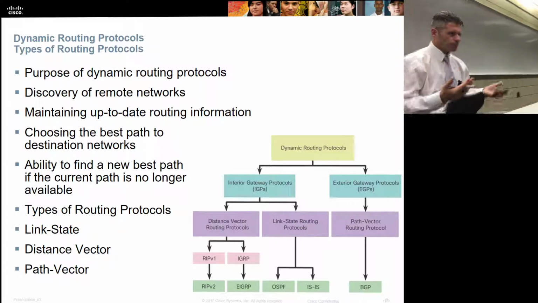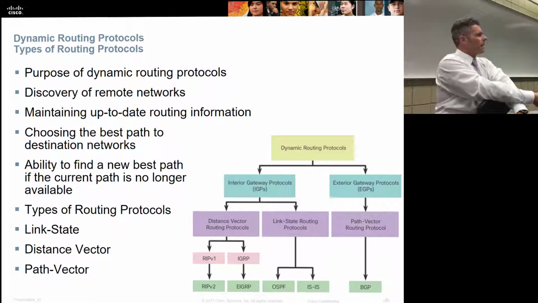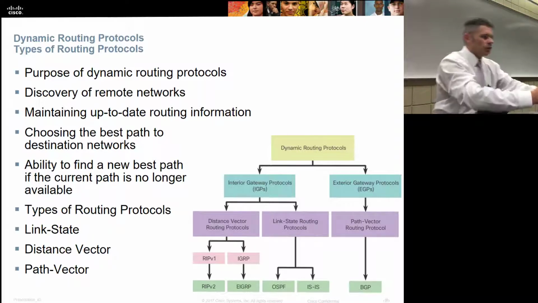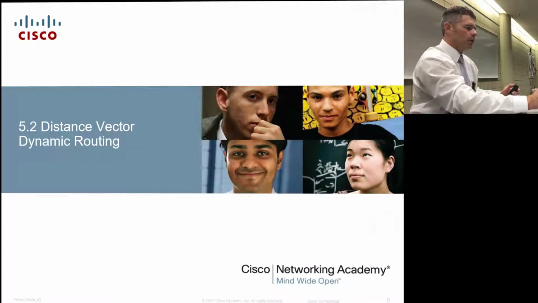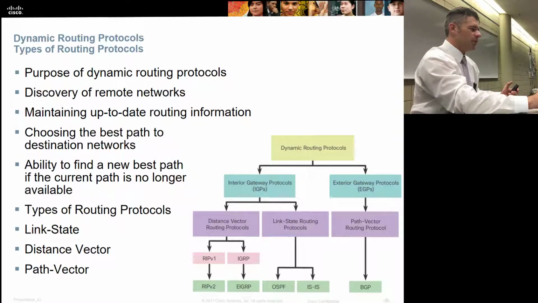But we don't want to keep track of a bajillion static routes, right? So dynamic routing protocols take that problem off of our hands. And instead of having to figure out, you know, how do I get to this network? I have to go to this router, blah, blah, blah. They do all that for you. And they do that by agreeing on some kind of protocol, either an interior gateway protocol, something that happens on the inside,